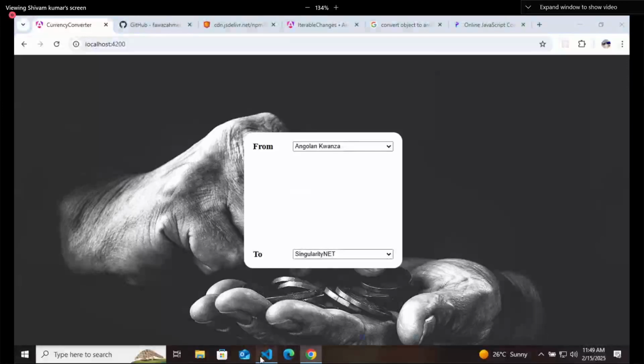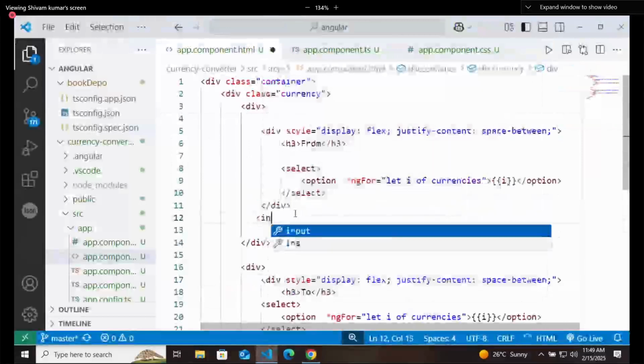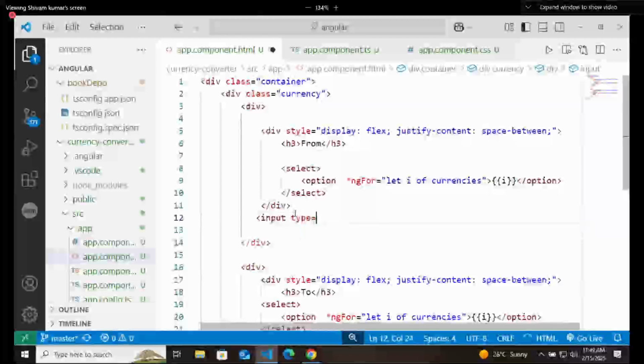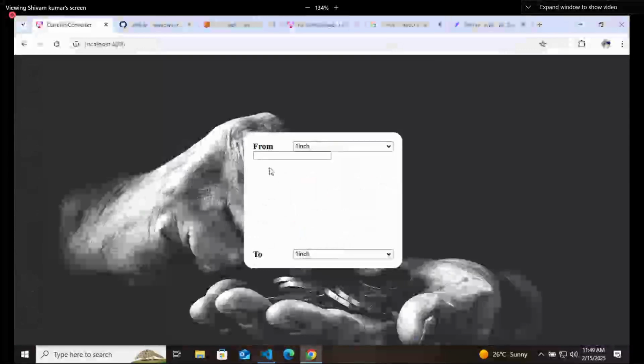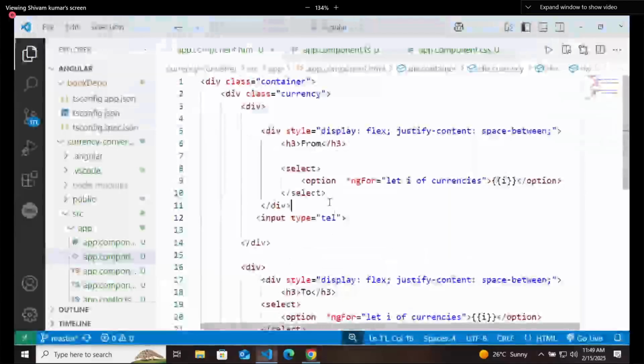Now you need to create an input box to write the values, obviously. So input type equals tel. In that way it will come. We will design everything, don't worry. Here you will write, let's say 23, 1 inch, something like that. Let's keep some break tag here.